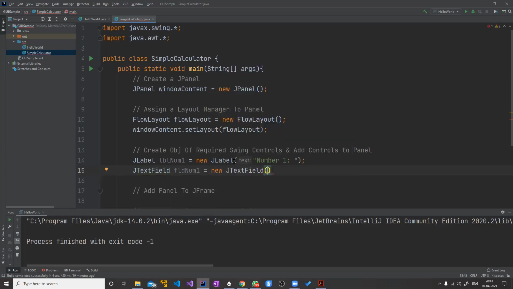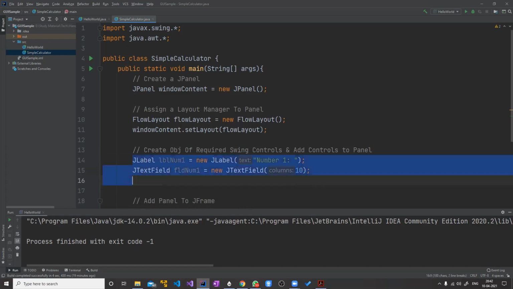So you can stop me whenever you have any doubt, right? So don't wait for anything. You can just ask whenever you have a problem. Now here you see JTextField, I have given 10. So this actually means how many columns. That means how many digits or how many characters it should be able to hold, right? It just gives you the width. So the width of the text field we have given here is 10.